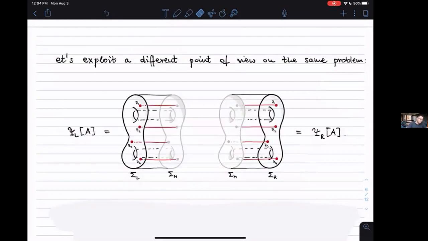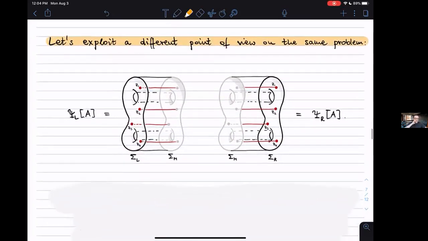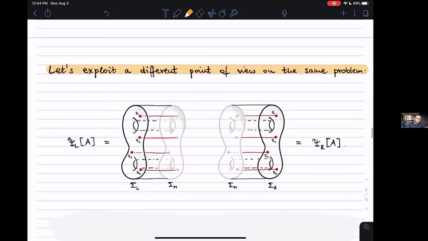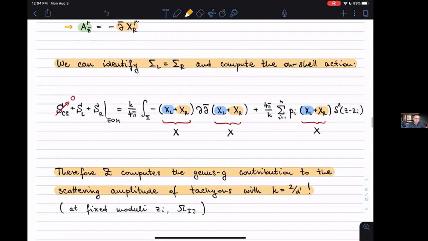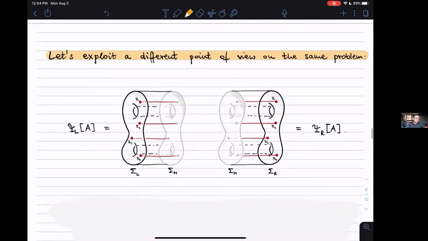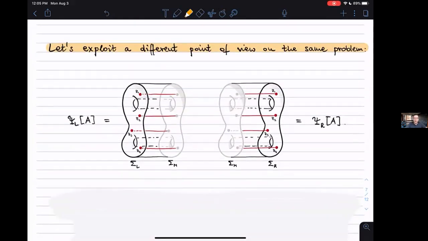Very good. So at this stage, let's exploit a different point of view on the same problem. And the different point of view, it would be kind of boring if that was the end of the story. Okay, we just found that it's a different way of representing scattering amplitudes, but now we can exploit the fact that everything factorizes into left and right. And what we're going to do is define a